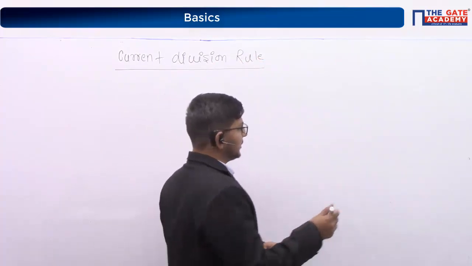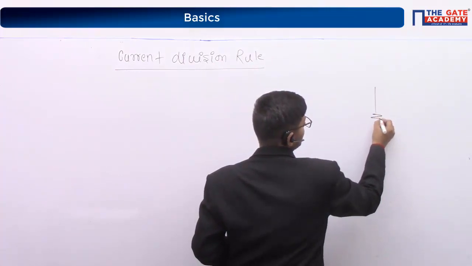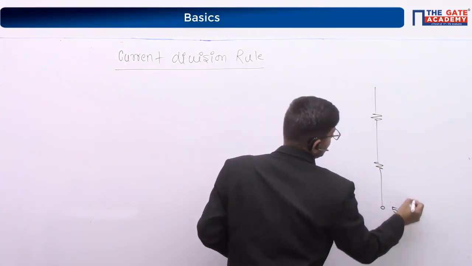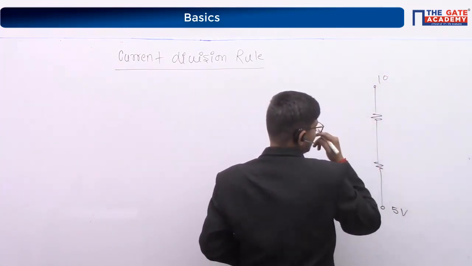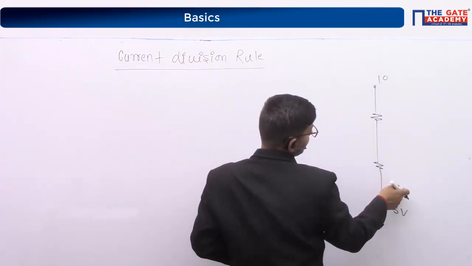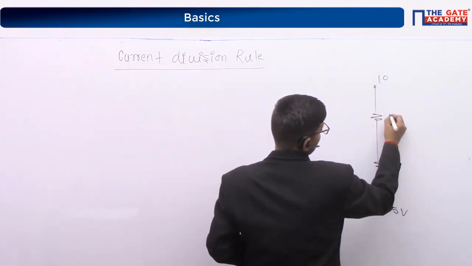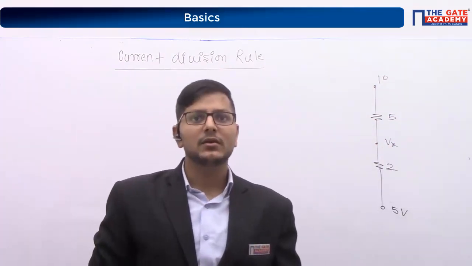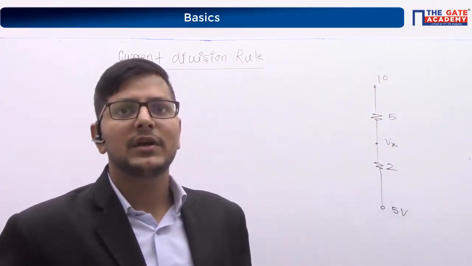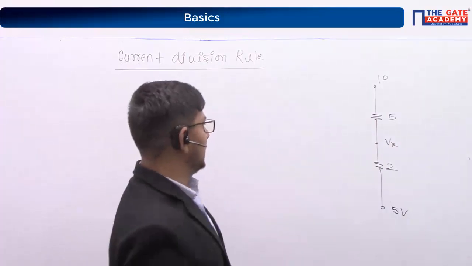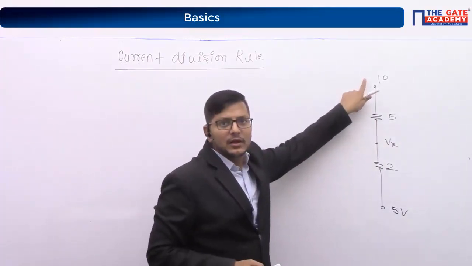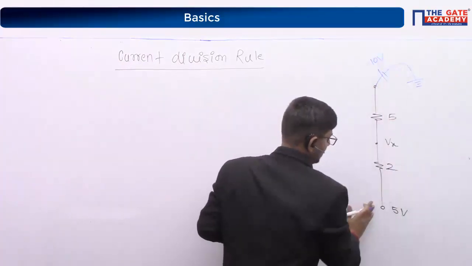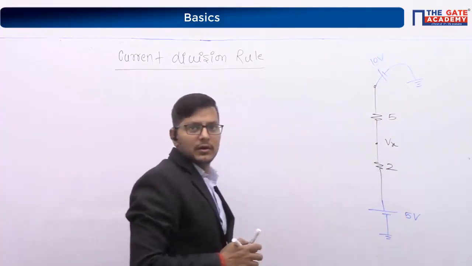The question is like that. According to you, I am giving the question. These are the 2 resistances and this point voltage is 5 volt. This is 10 volt and this one is 2. This one is 5. Like that you have to find the voltage Vx, right? What do you want to ask? Just tell me. Vx with respect to what? Actually this is the voltage source. This is a voltage source, right? Can you write like that? 10 volt, 5 volt. Clear?